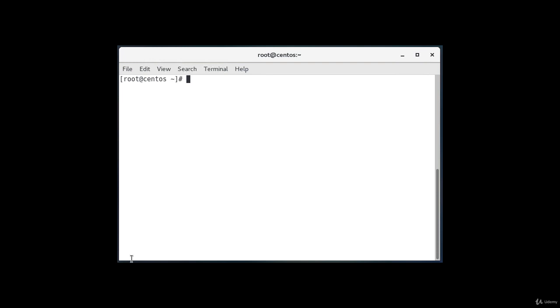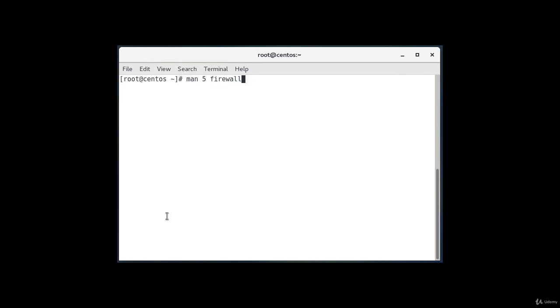Hello, in this lecture we're going to talk about FirewallD rich rules. Rich rules provide a much greater level of control through more granular options. Rich rules can also be used to configure logging, masquerading, port forwarding, and rate limiting. For further information on the syntax of rich rules and examples, you can see the manual page, man 5